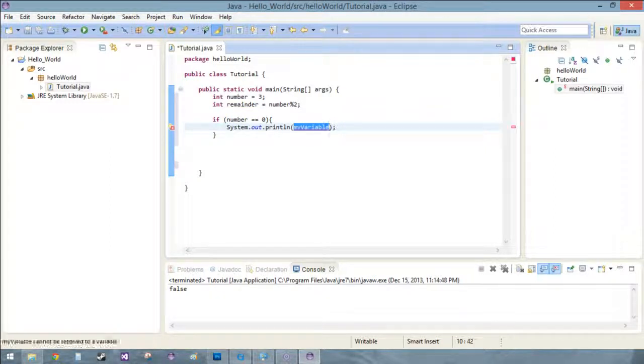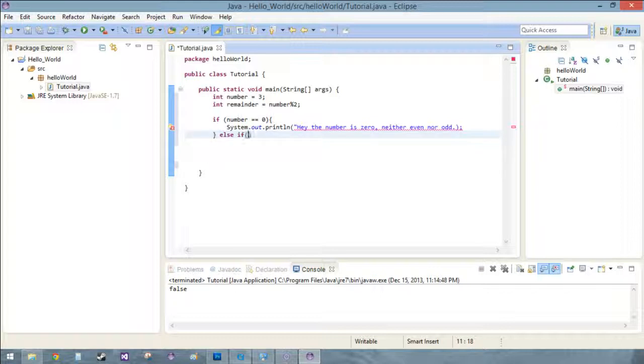And instead of my variable, we'll just say, hey, the number is 0. Neither even nor odd. And